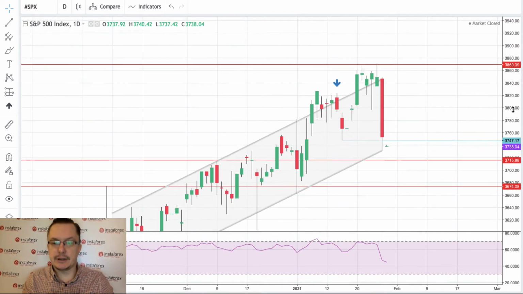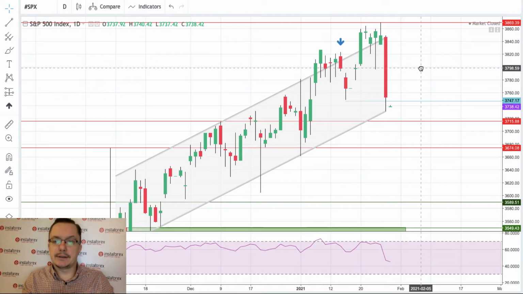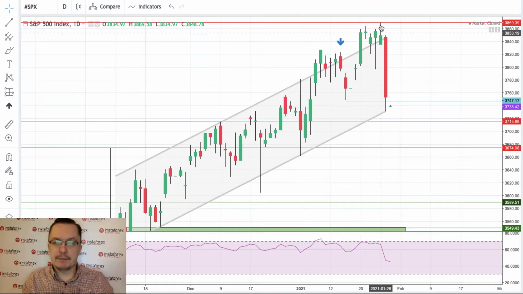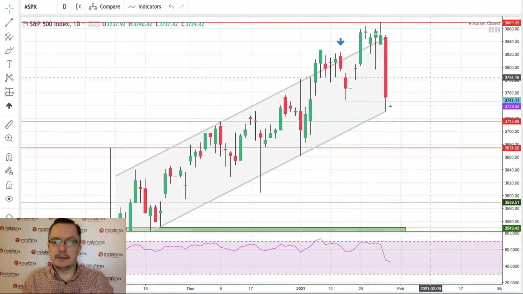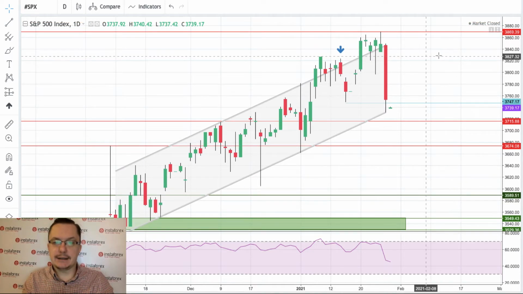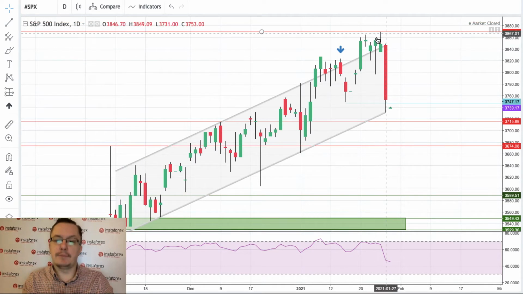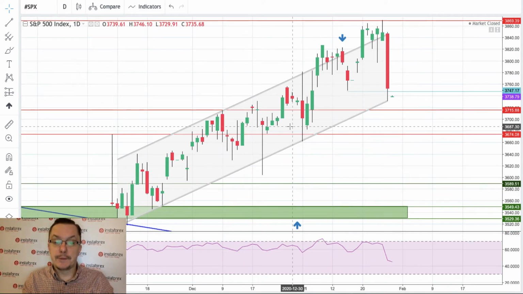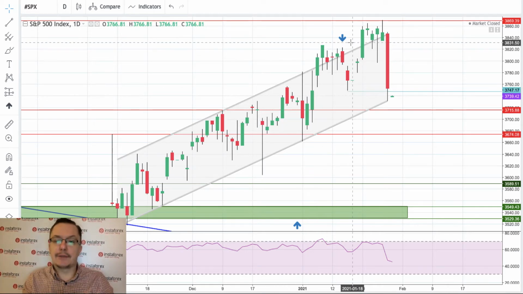So let's just take a look at this channel. Some sort of pin bar here and pin bar here, the market is kind of telling us that it's undecided. It doesn't know if it wants to go up or go down. But this bearish candle is very interesting. Please pay attention to, for example, that candle and that candle. Yeah, they're both bearish candles, and the market made another higher high afterwards.